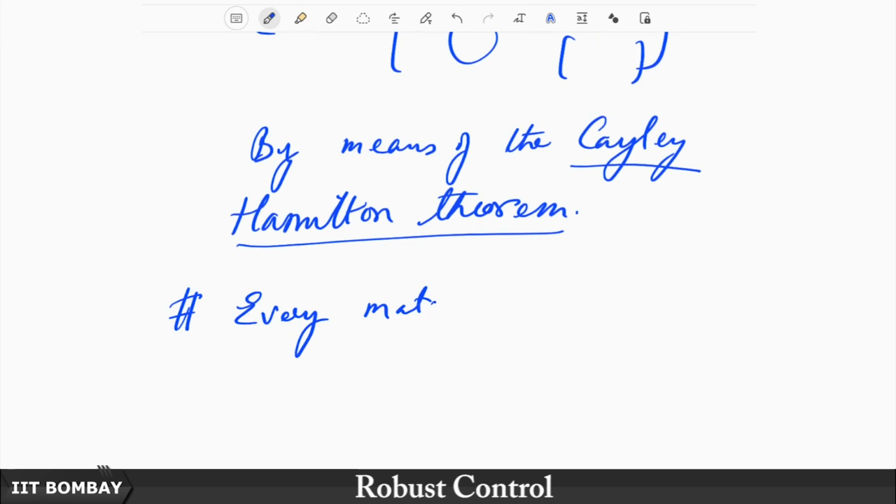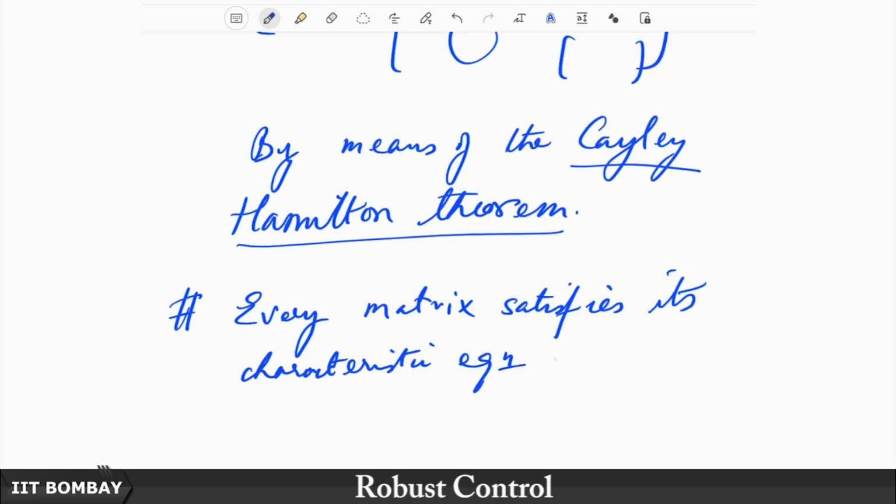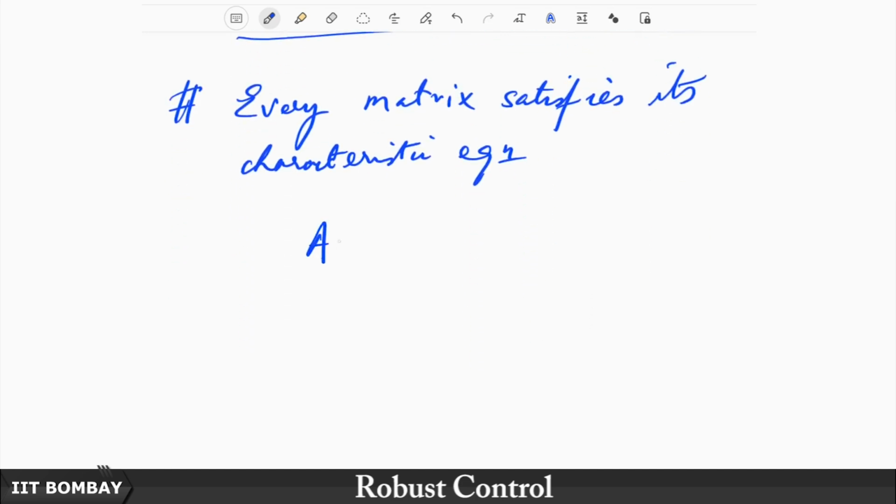every matrix, by the way, let me warn you that the proof is not as straightforward as just plugging in A in the characteristic equation in the expression using the determinant. Hang on, maybe I am getting ahead of myself. So, every matrix satisfies its characteristic equation. Okay, so suppose you have a matrix A,